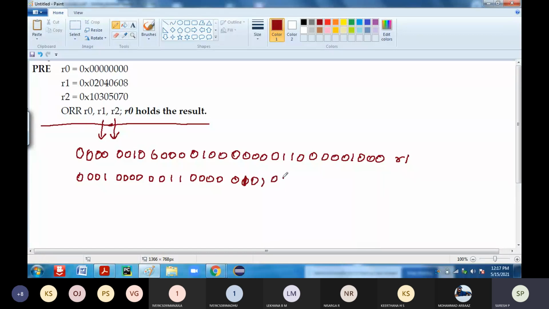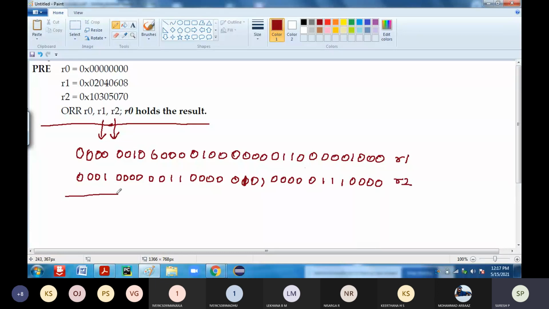Next again 0000. Next it is 7, that is 0111. Again 0000. So this is the contents of R2.